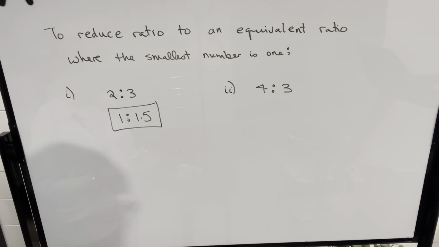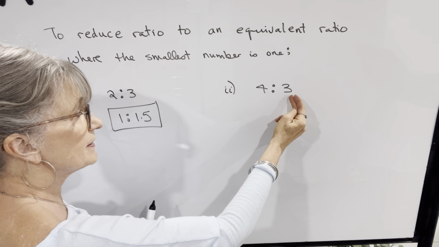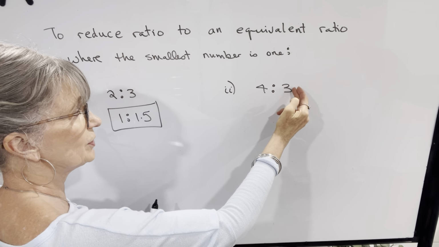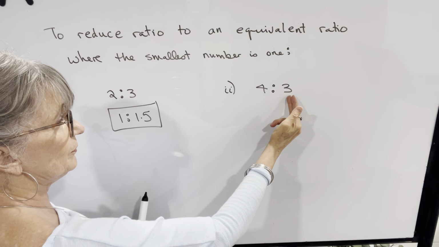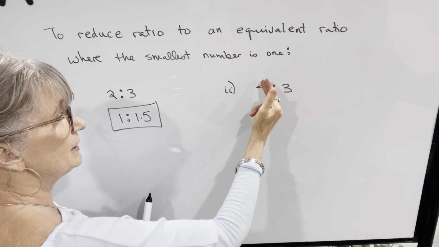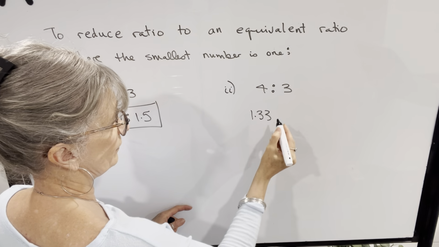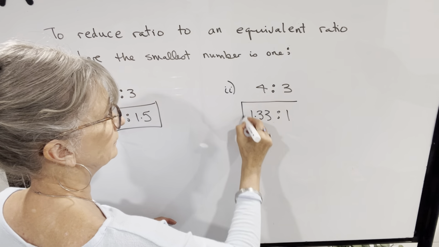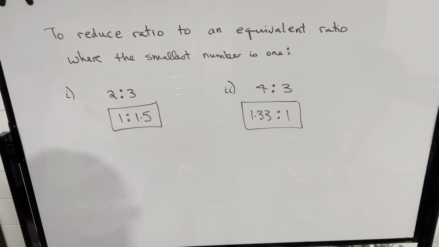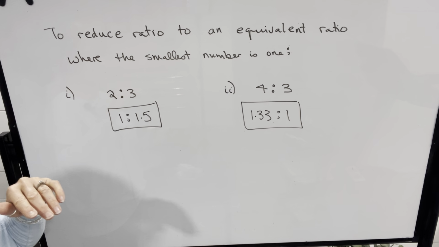In the next example, our smallest number is the second number. So that's the number that we want to change to a 1. How do we change a 3 to a 1? We divide by 3. If we divide this number by 3, we divide this number by 3. So 4 divided by 3 will be 1.33, rounded off to 2 decimal places. 3 divided by 3 is 1. So it's not necessarily the first number or the second number that you're reducing to a 1, it's the smallest